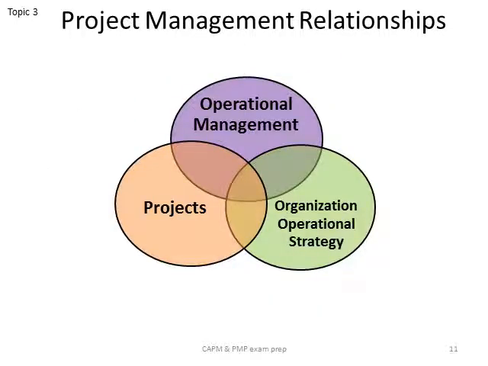Projects can and do intersect and interact with operations at various points, as demonstrated by the overlapping circles. Operational management can be defined as doing what it takes to conduct its daily business. Organizational strategy should provide guidance and direction to the management of projects, and all projects should support the objectives of the organization.